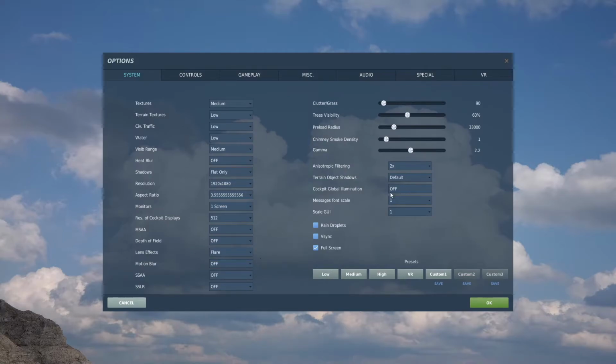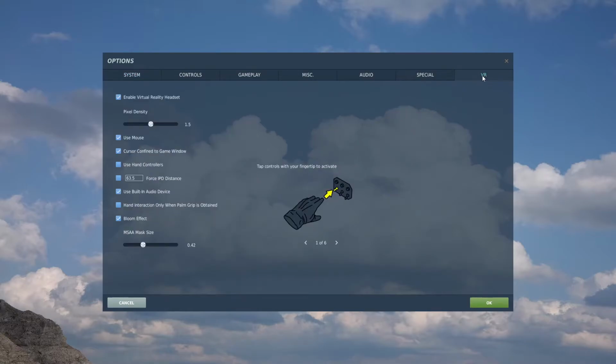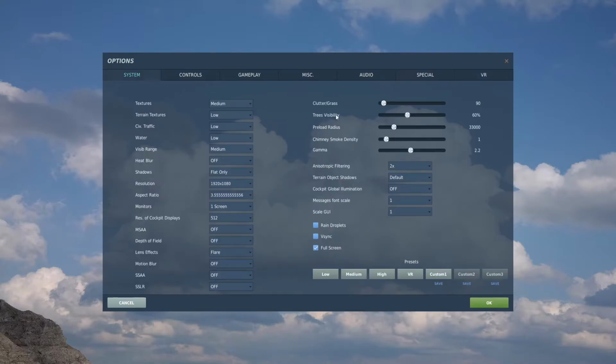Everything will be adjusted appropriately, and then don't touch anything yet. After you click the low preset, go to VR, enable this, and then set the pixel density to around 1, to a maximum of 1.5 at first. So after that, we close the game,